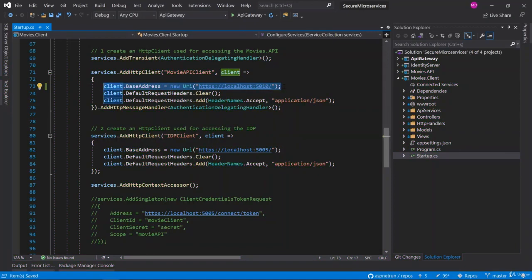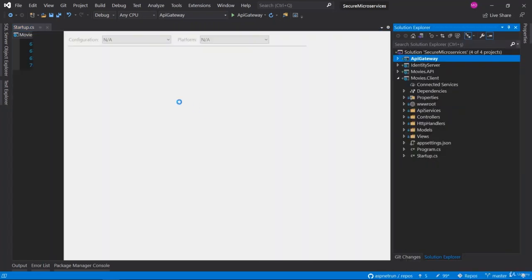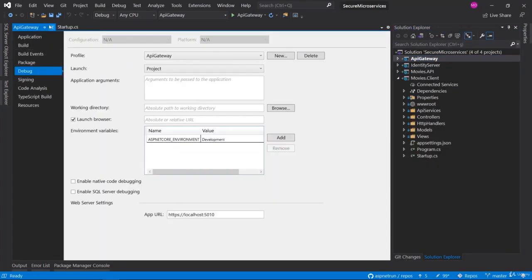So what happens now is that this client application refers to the API gateway, and after that the API gateway calls the internal movies API. This way, we are protecting the internal microservices by putting the API gateway in front, and of course we are going to consume the IdentityServer for getting the token and passing the token over the API gateway when retrieving actual data from the protected movies API resources. So we have changed our base address to 5010. It is very important. This is the API gateway URL. You can check it with right click, Properties and Debug. You can verify the API URL.